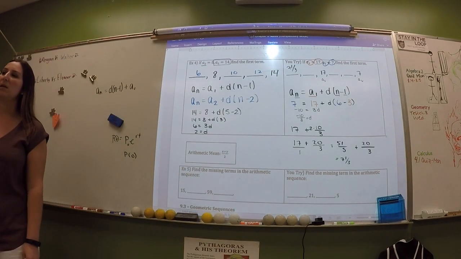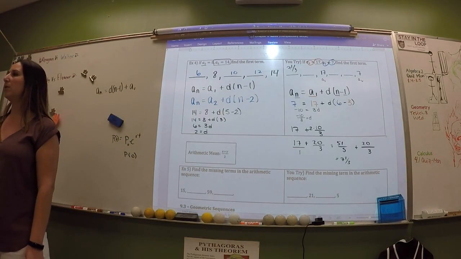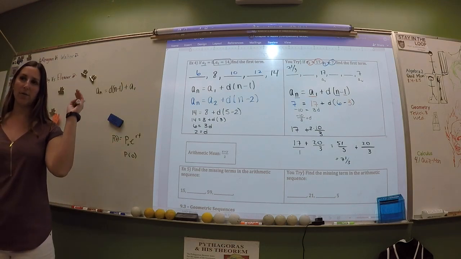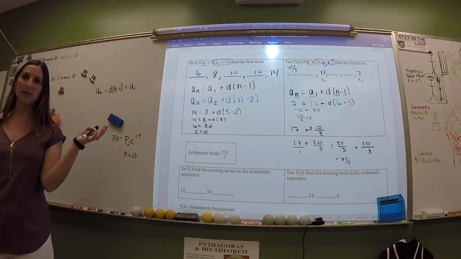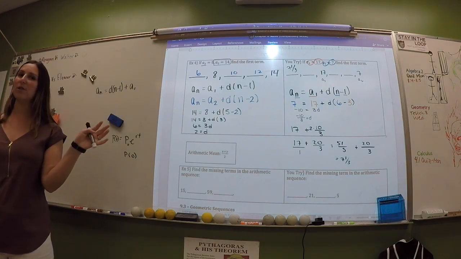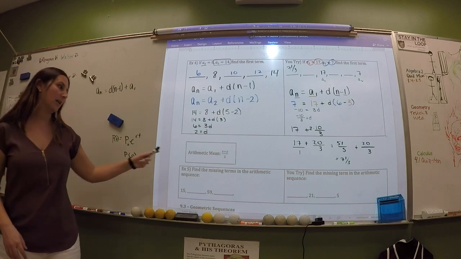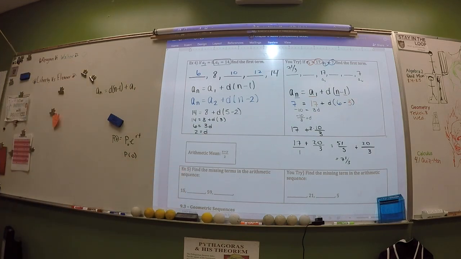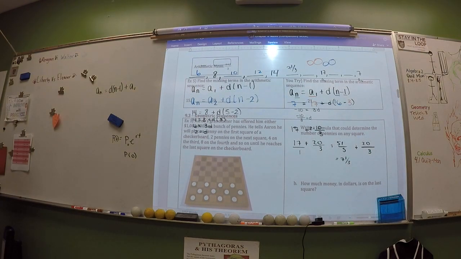Arithmetic mean is the mean that you're normally used to finding, like a regular average. So if you got a 50 on a test and then a 60 on a test, what's your arithmetic mean? 55. You just add them up and divide by 2. That's what an arithmetic mean is. It's the same lesson. We use arithmetic means to find